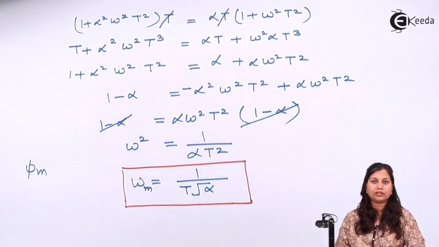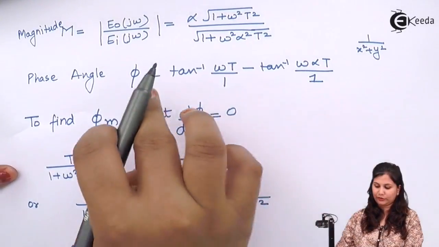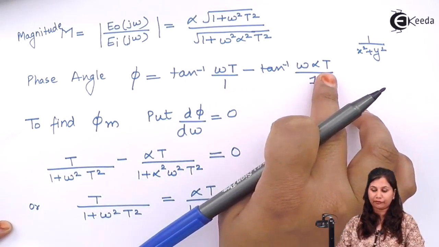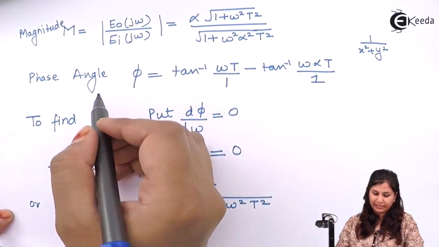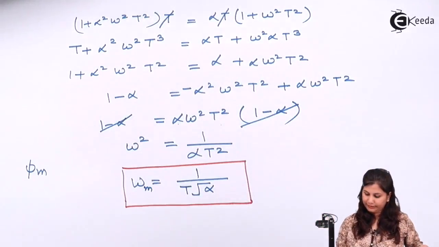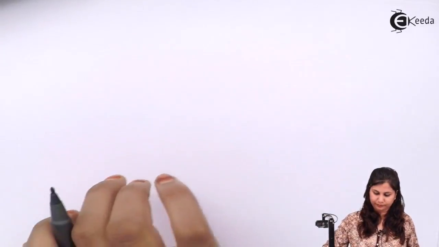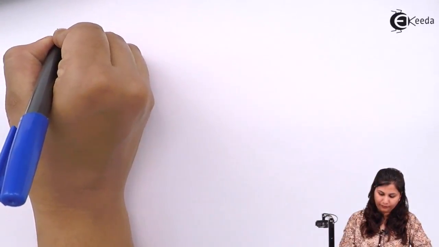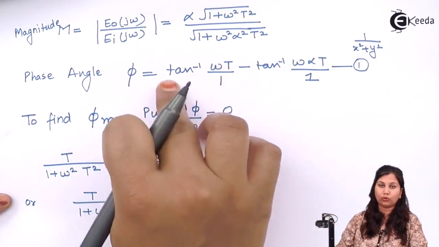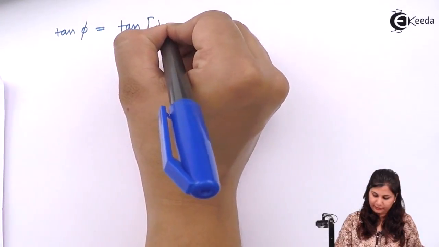Now from the equation of the phase angle, the phase angle equation is phi equals tan inverse of omega T upon 1 minus tan inverse of omega alpha T upon 1. So if we take tan phi in this equation, then tan phi equals tan of this whole term. So we will write tan inverse of